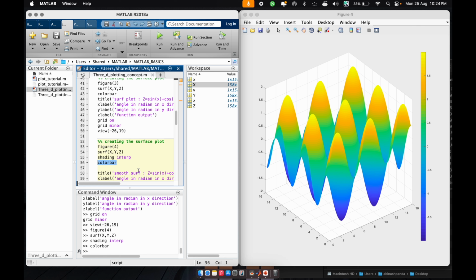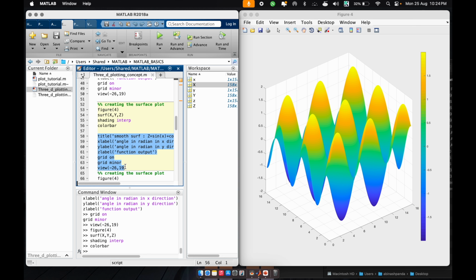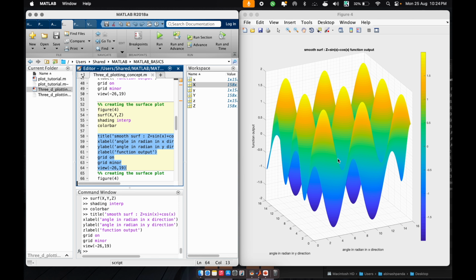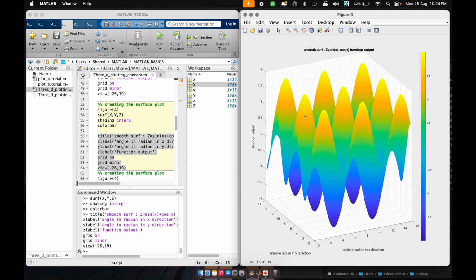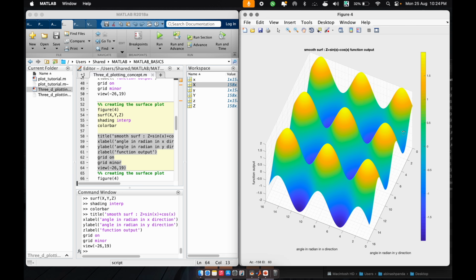So this is how you can get a smooth graph, and I will just evaluate the remaining commands to get the proper view and the titles. So this is how you can plot a 3D surface plot without the wireframe. Okay, this is how it looks